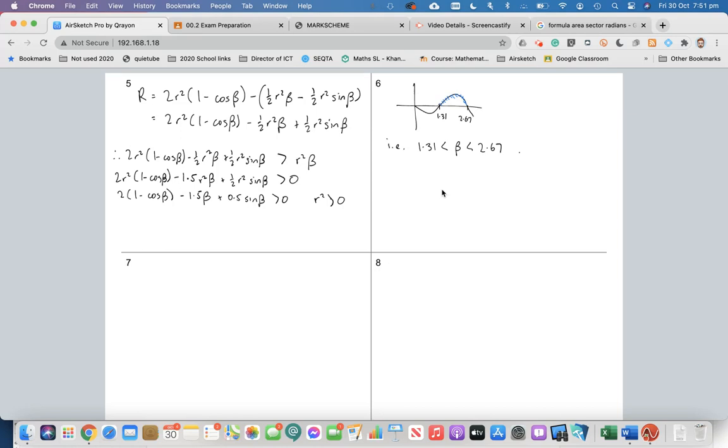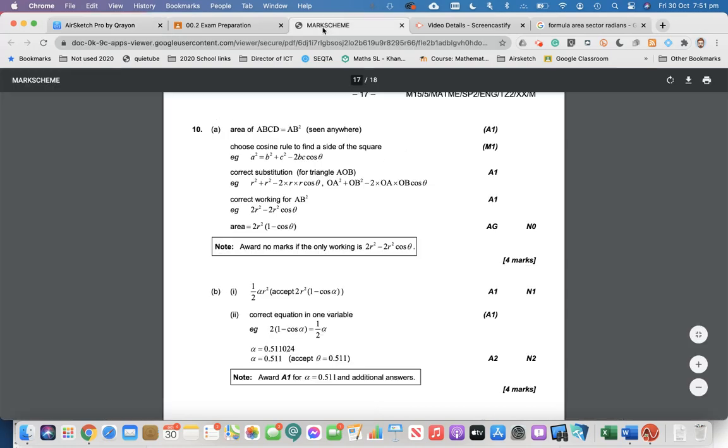Note, it's not less than or equal to, because we're told the region is greater than. If we were told the region is greater than or equal to, then we would include those points. But because we don't include those points, we just use the less than and greater than symbols. And that's it. Again, you can see on the mark scheme,